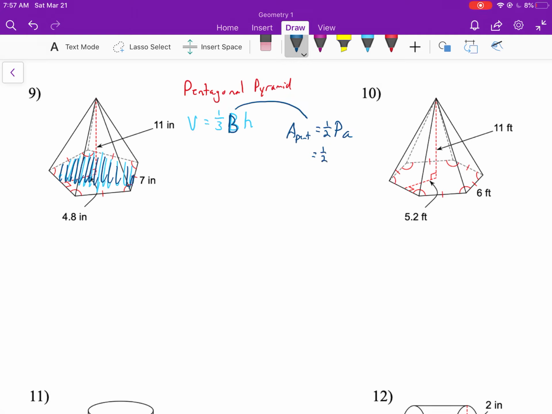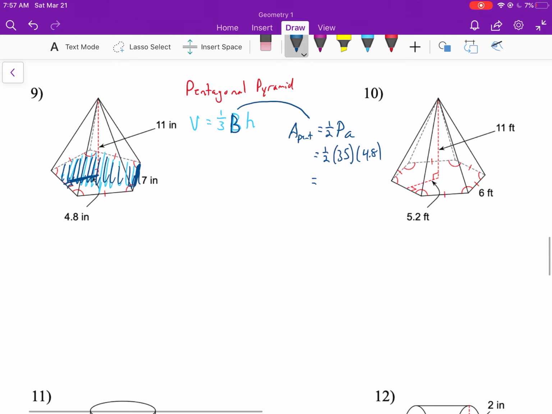Well, each side here we see is 7. So the perimeter is 7 times 5. And then the apothem is 4.8. And we see that right here, scribbled over it some, but 4.8 is the apothem. And so we can multiply those together, and we get 84